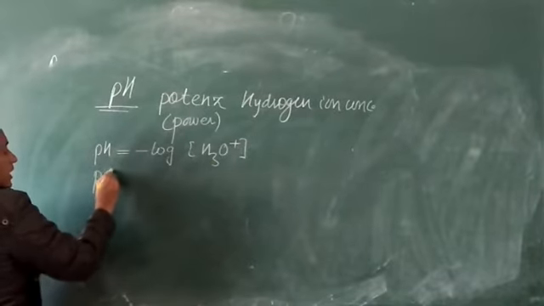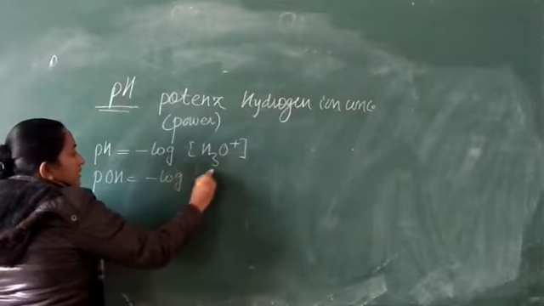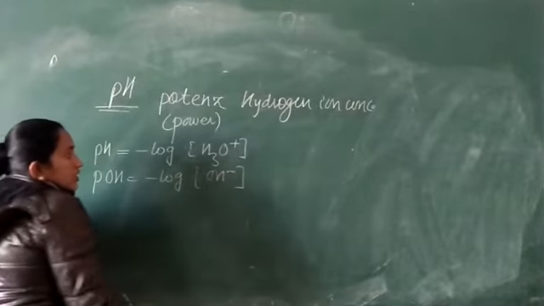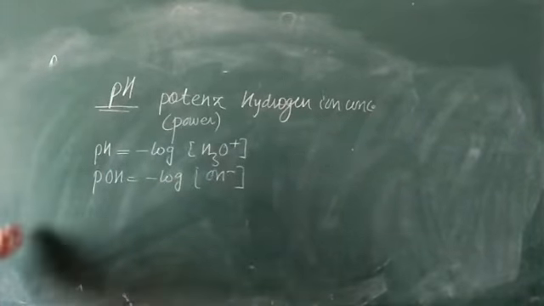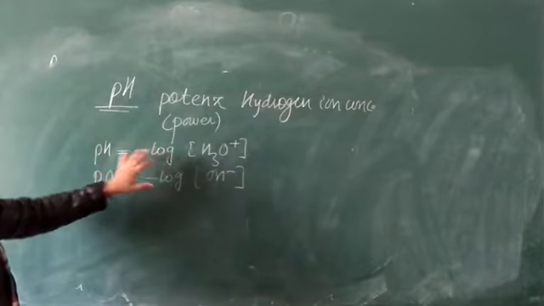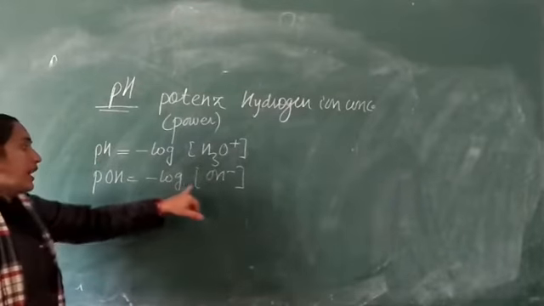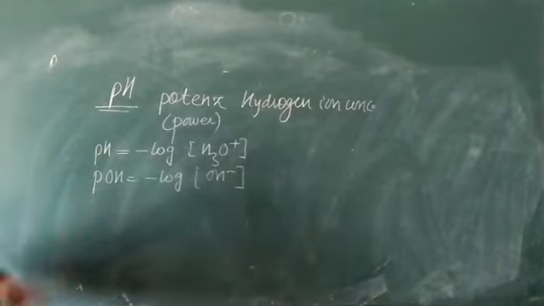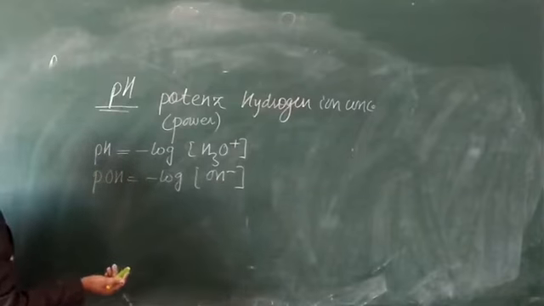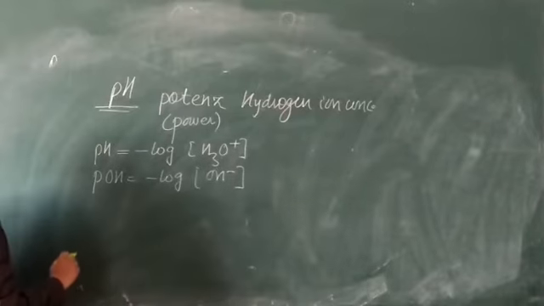Similarly, student, we can write down the pOH also. That will be minus logarithm hydroxyl ion concentration. Right? So if you know the hydronium ion concentration, you can put it over here and you can find out the pH. In the same way, by knowing the hydroxyl ion concentration, you can find out the pOH. But student, if only hydrogen ion concentration is given to us, then also we can find out the hydroxyl ion